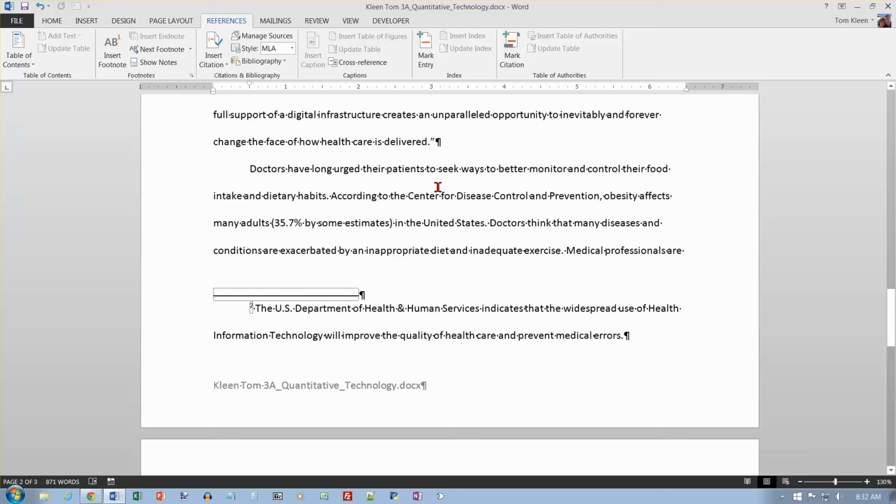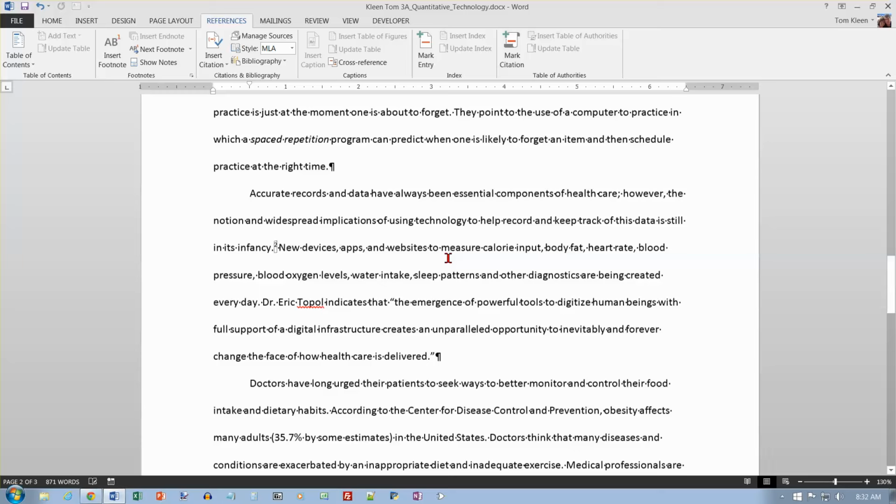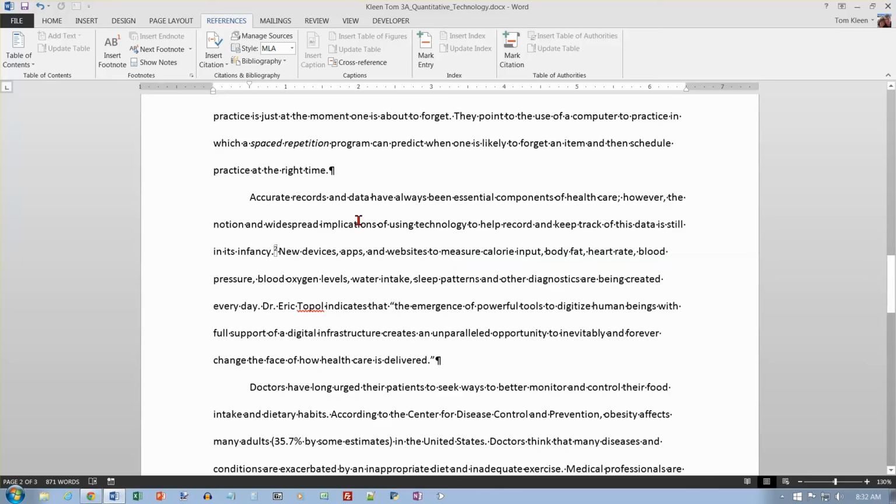We're going to add a citation. And I want to go to the middle of page 2 again, which is somewhere in here. And I want to go to the accurate records paragraph. And I want to go to the end of the quotation mark. And we're going to insert a reference here. So we want to go to,